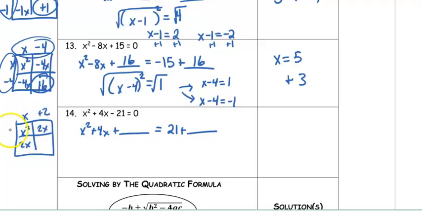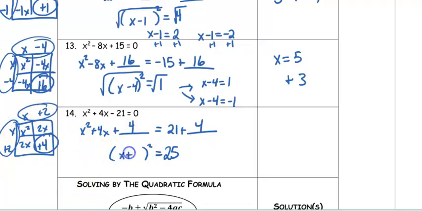And so we have x plus 2, x plus 2. And so the number that completes the square, you take 2 times 2, and that gives you 4. So the number that completes the square is a positive 4, and you put it on both sides to keep it balanced. So on the right side, 21 plus 4 is 25. And on the left side, that factors to x plus 2 times x plus 2, which is x plus 2